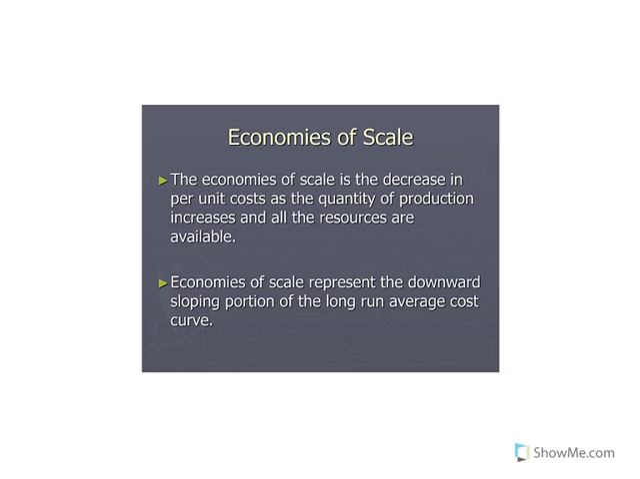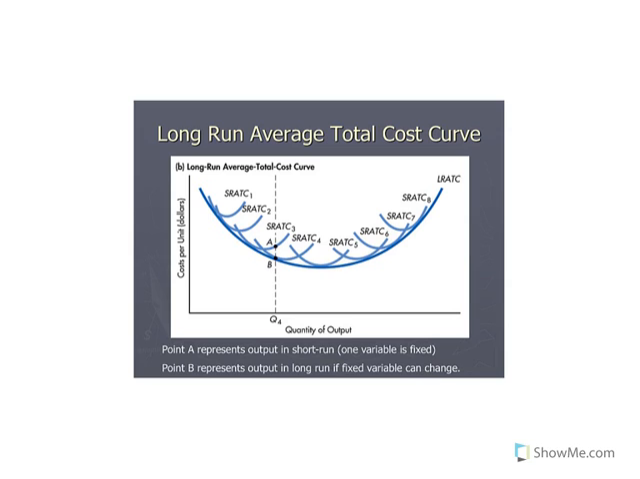When we say that a firm is experiencing economies of scale, what is happening is that they are able to experience a decrease in their per unit costs as the quantity of production increases and all the resources are available. So since all the resources are available, that means that we're talking about the long run. And so economies of scale is going to represent the downward sloping portion of the long run average total cost curve. So again, going back to this graph and looking at our long run average total cost curve,